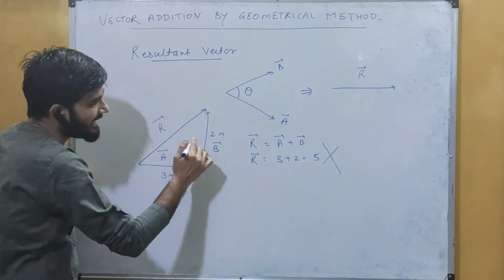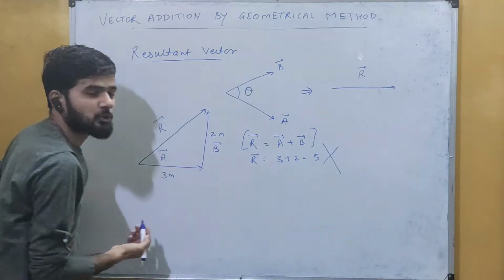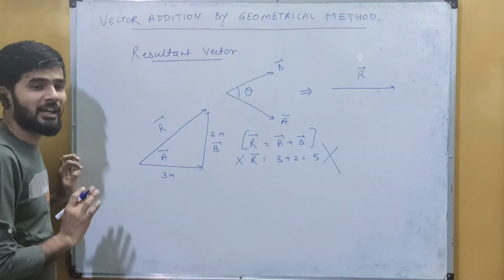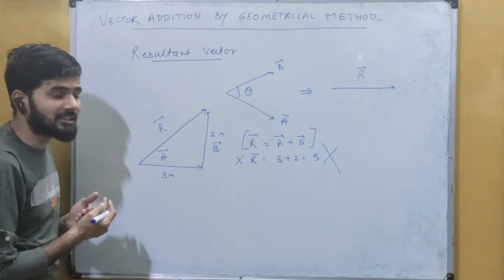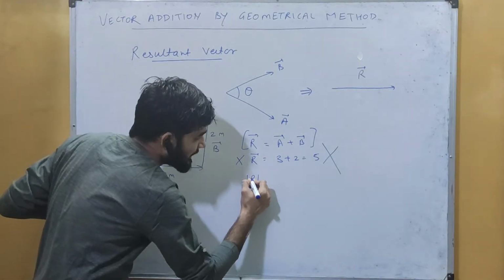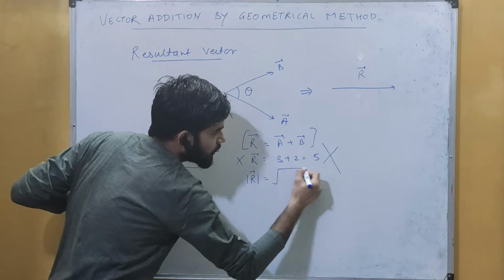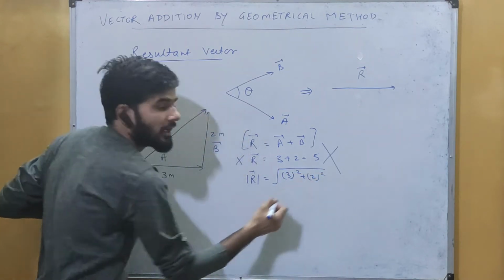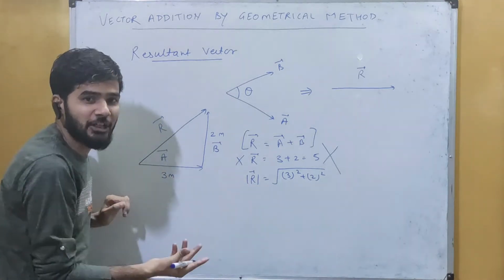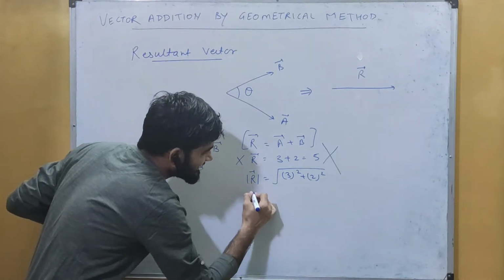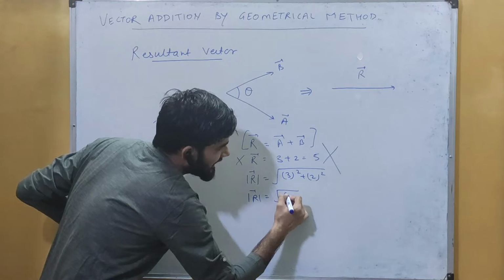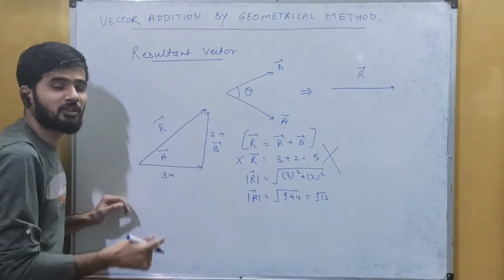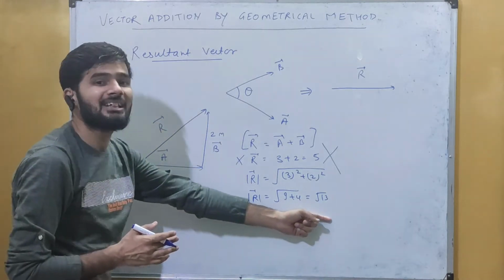तो यहाँ पर इसके लिए हम ये तो लिख सकते हैं R is equal to A plus B, but we cannot write R is equal to 3 plus 2 is equal to 5. So in this case, how do we find the resultant? We can find the resultant magnitude as root of 3 square plus 2 square. This means the magnitude. Okay, so I can write the resultant R is equal to root of 9 plus 4, that is equal to root of 13. So the resultant for this will be under root 13.